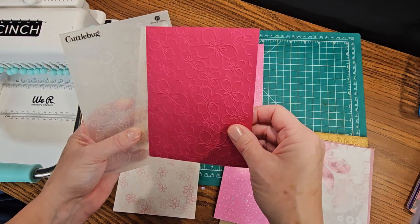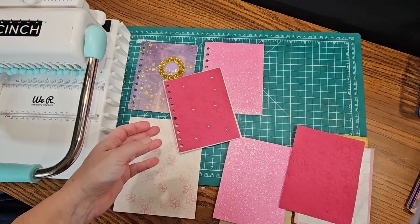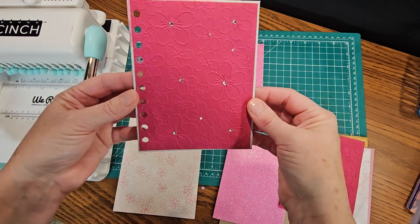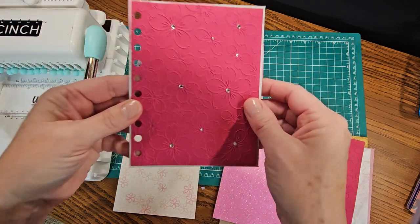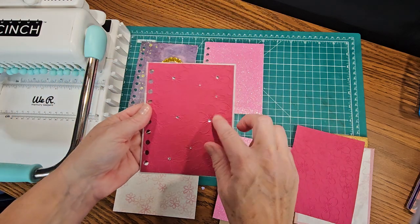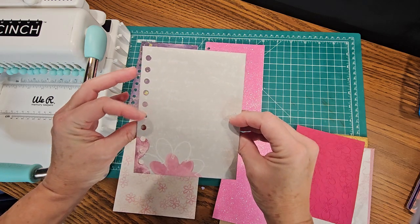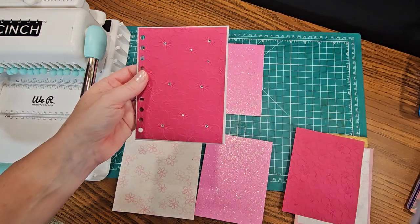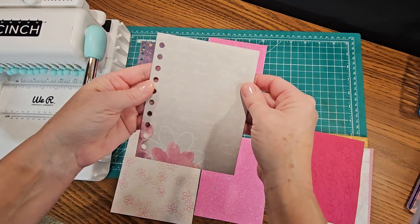There's a lot of other ideas, so I'm going to share those with you in another video. However, for making a cover, this is beautiful. I added rhinestones, adhesive little gems to the center of my flowers. And I did this with the same intention of this. I covered the back with cardstock, wrapped it around my chipboard, and I have another video showing you how to